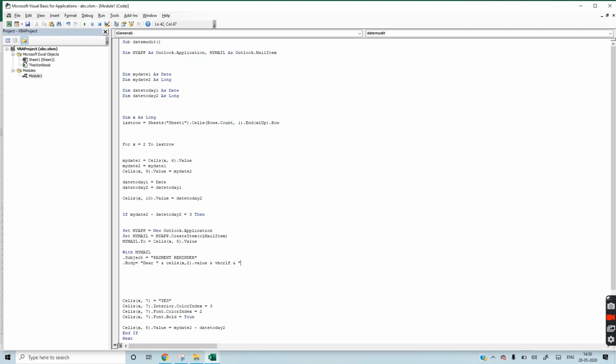Now the fixed template: Hope you are doing good. Now outstanding balance is due for payment.